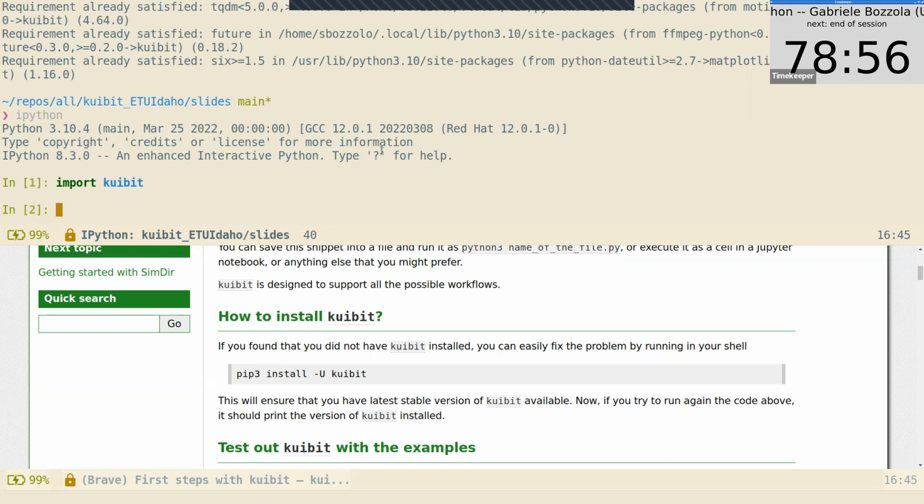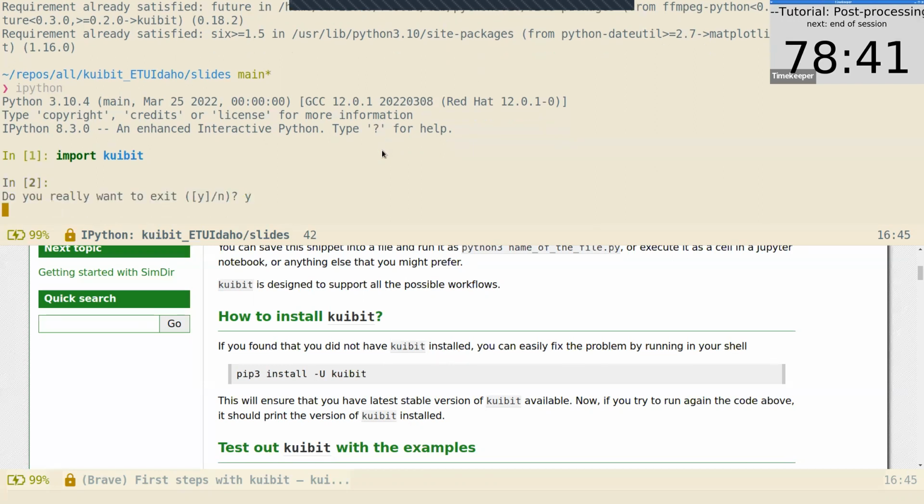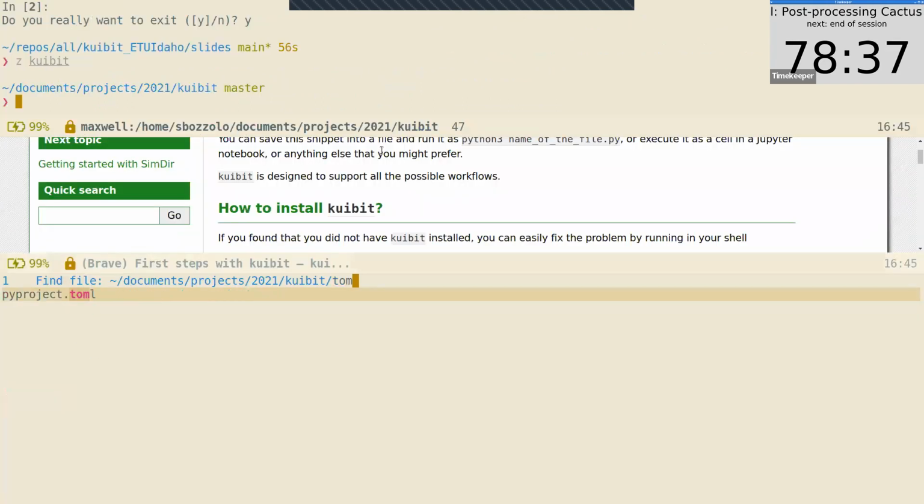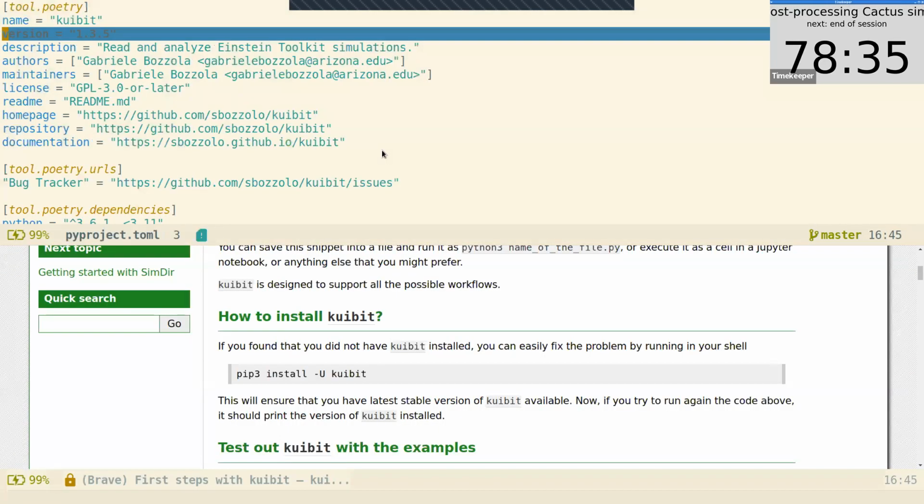Yeah. So the dependency issues with kuibit are solved by Poetry. It's a completely different system, and I declare specifically all the dependencies that are allowed. So this is a newer system. I mean, we can go into detail a little bit if you're interested, but so I have, so this is